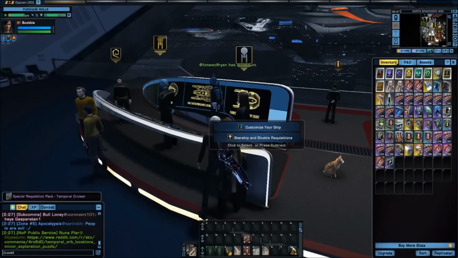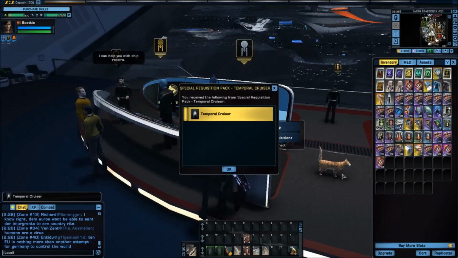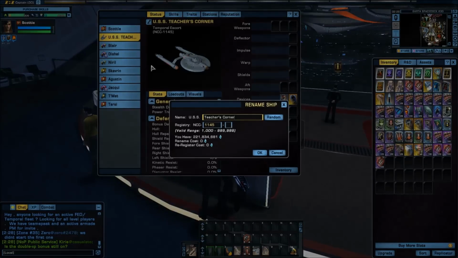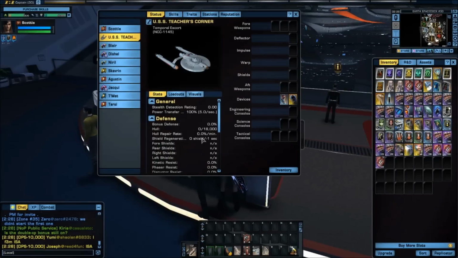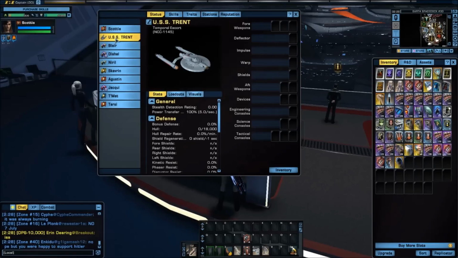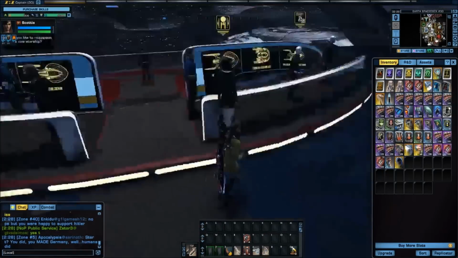It will show up in my inventory. There it is. And there. Alright, as you can see, I've already upgraded all of my gear. So I am going to go ahead. I want to be able to name my new ship Teacher's Corner. So I'm going to rename this. I'm actually going to do easy. Enter a name, enter a random name, click OK. So now this is the USS Trent. Almost forgot to take my two devices off. There we go. I'm saving this because I want it available for Admiralty when that becomes